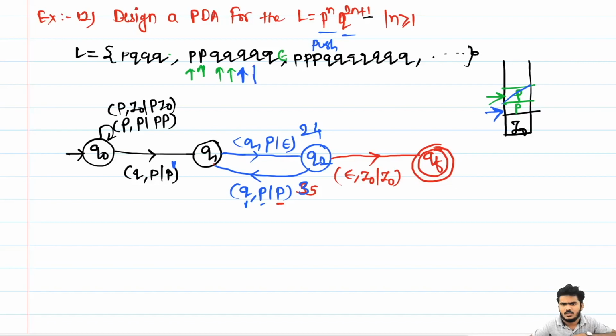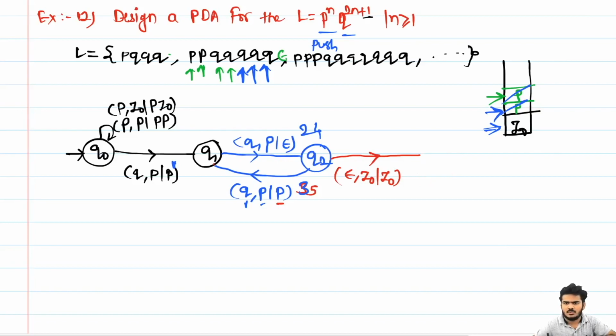For this Q, I have popped this P and I have moved my top pointer here. Now I am left with Z0 at the top of the stack, and the input is Q. Whenever I am left with Z0 in the stack and the remaining input is only Q, then I can understand that this Q is there because of this +1. So for this,